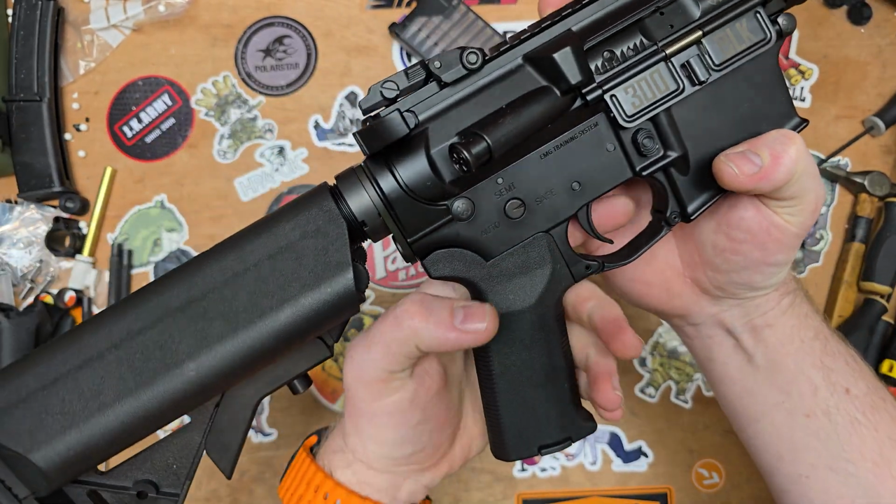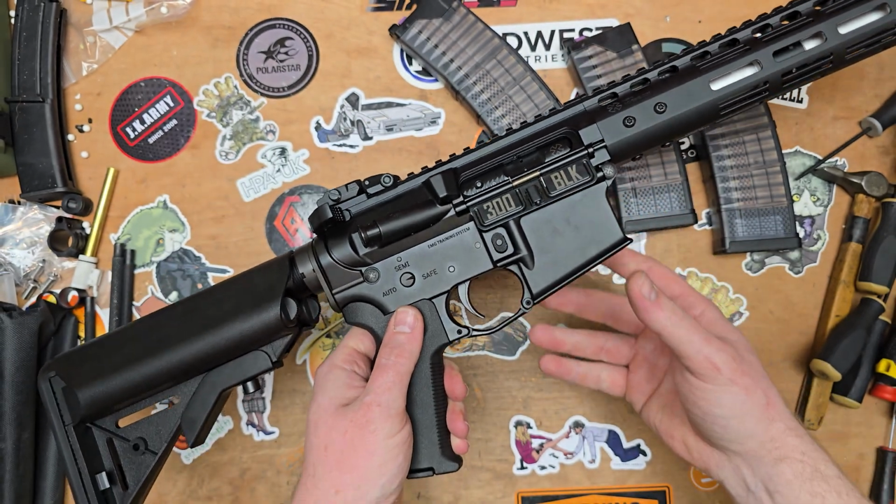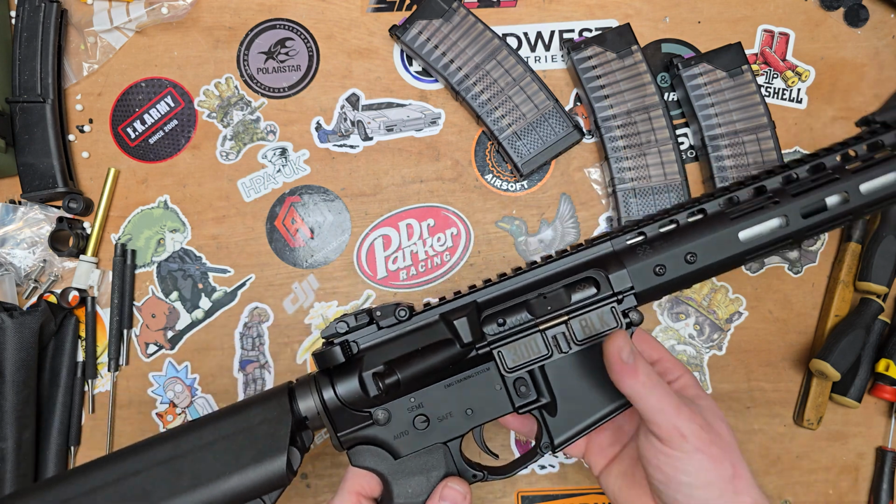Now the grip is pretty much identical to the Magpul K2. I'm not sure if it's the K2 or the K2 Plus. I did have one around somewhere, so we'll have to get back to that. But